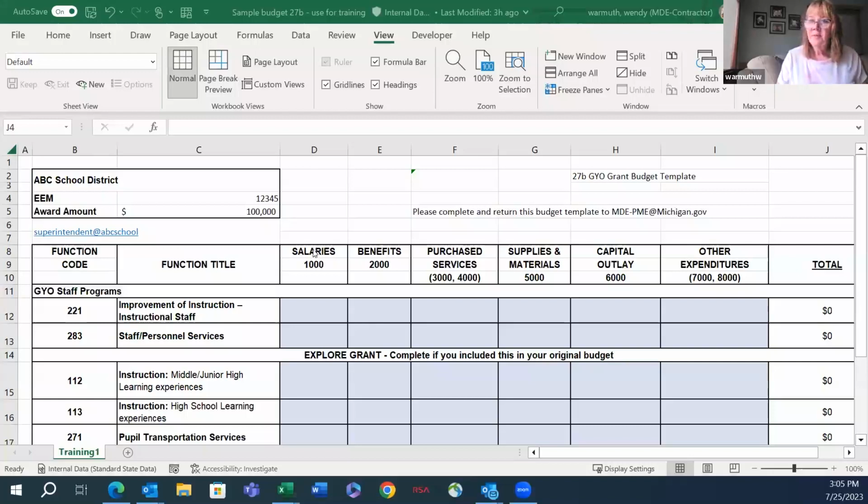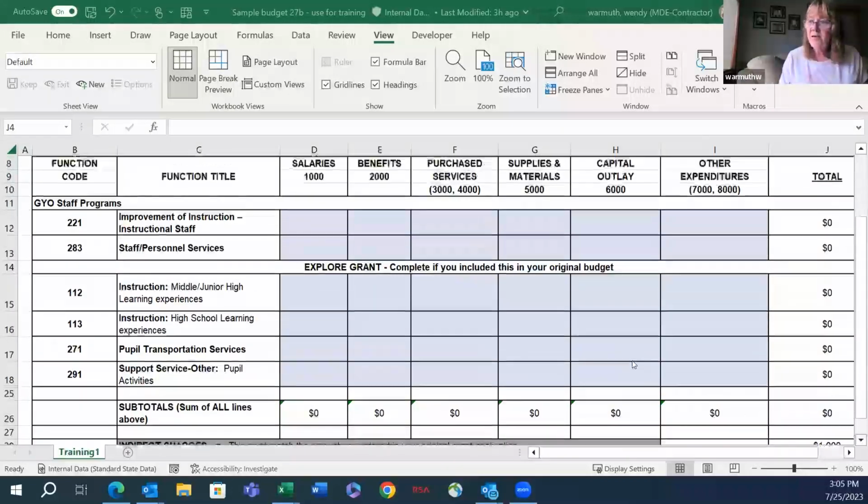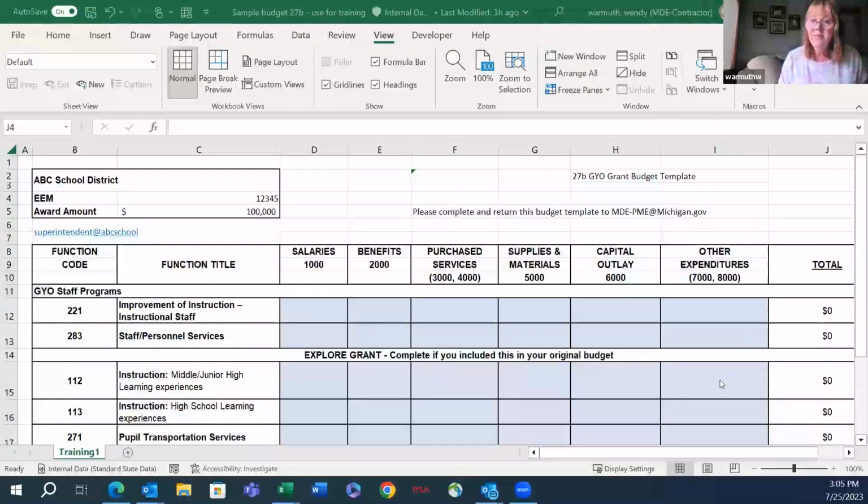Okay, so on this, you'll see again that we obviously have a fictitious school here with their code, and they have an award amount of $100,000. To look down below, you'll see that they have an indirect charge of $1,000. So what they are going to need to put in here is something that will add up to $99,000, because the $1,000 will be added up at the bottom. Again, your information will be in, and if for some reason there is an error, you would need to let us know, and we can send you a corrected